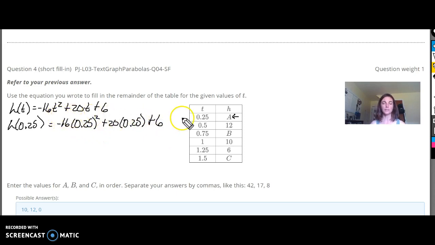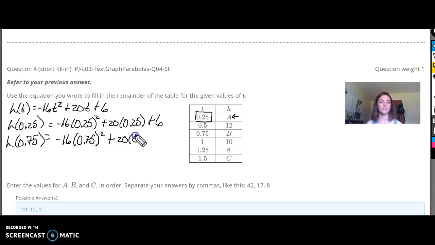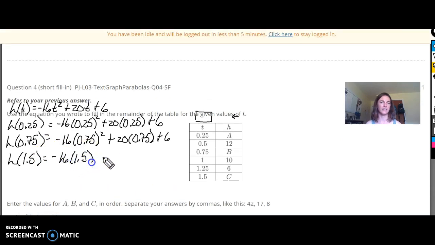So all I did there was I took that value of t that they gave us and I plugged it in every time I saw a t in my quadratic equation there. So now h at 0.75 equals negative 16 times 0.75 squared plus 20 times 0.75 plus 6. And last but not least, h at 1.5 equals negative 16 times 1.5 squared